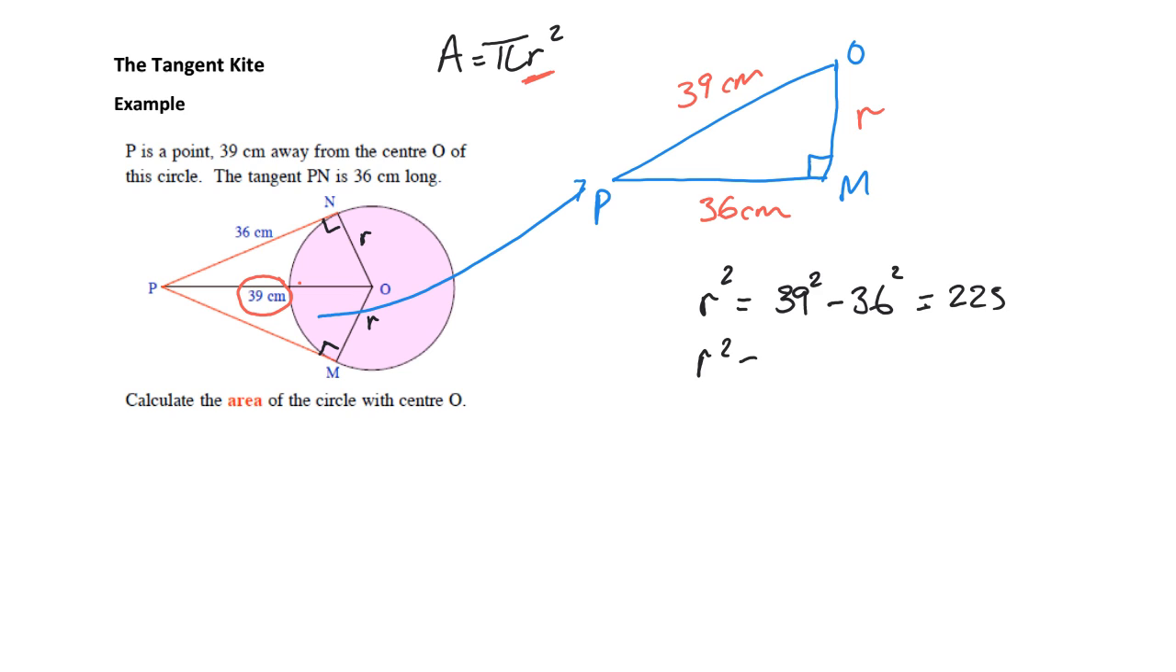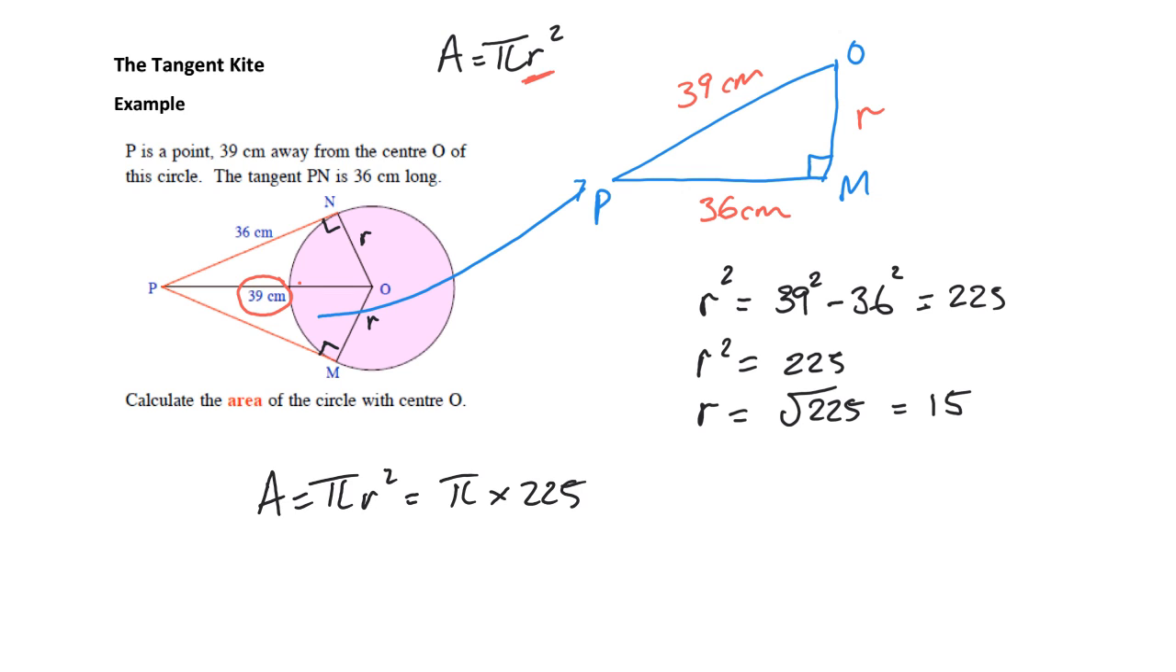So R squared equals 225. R is therefore the square root of 225, which we know is 15. So relatively simply now we have a radius that is 15. We want to find the area of the circle. So that's pi r squared. So pi times 225, because we know that's r squared. So shift pi times 225 gives us